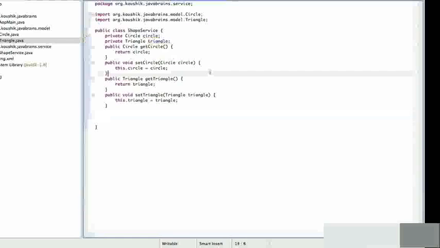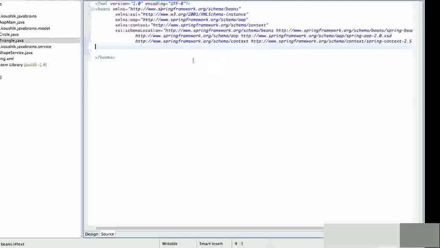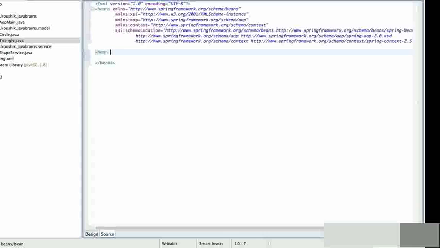Okay, so now I have a shape service that returns either a circle or a triangle depending on the method that we call. I have a get triangle which will return a triangle, and I have a get circle which will return a circle. So now let's configure these beans inside the Spring XML. So first I'll define the two model tags. So one tag for the triangle,